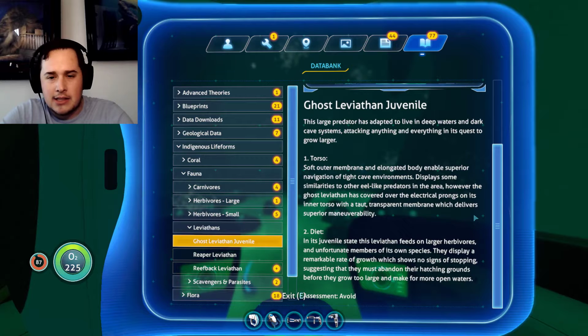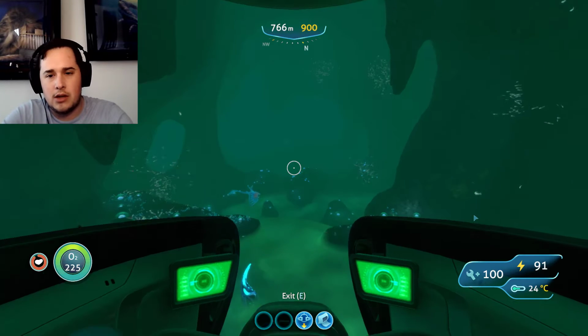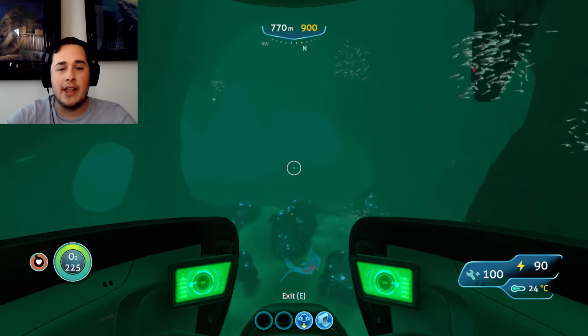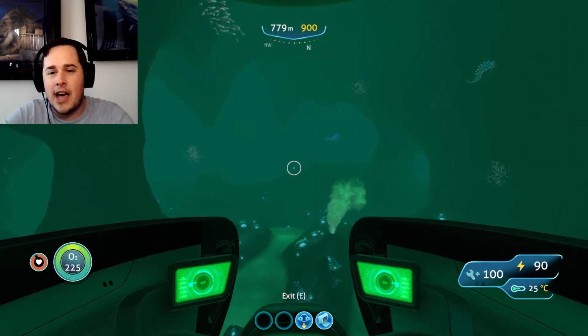Diet. In its juvenile state, this leviathan feeds on larger herbivores and unfortunate members of its own species. They display a remarkable rate of growth, which shows no signs of stopping, suggesting that they must abandon their hatching grounds before they grow too large and make for more open waters. Assessment: avoid. Okay. Cool. So, now that I have done that, this is actually good because I can use the